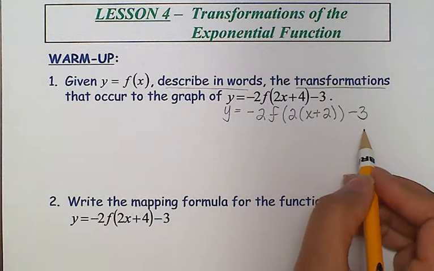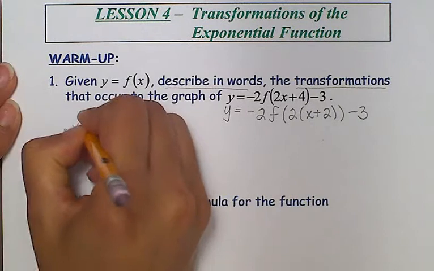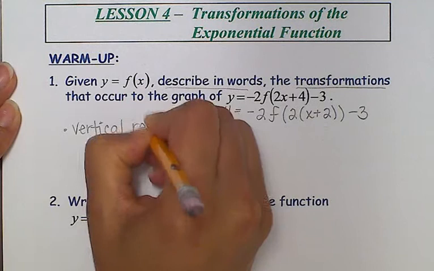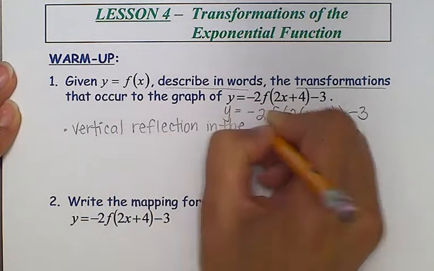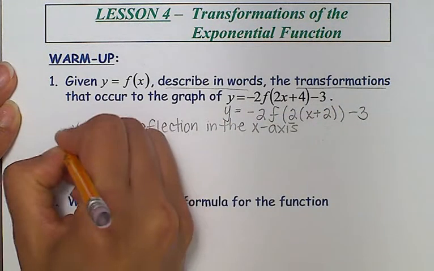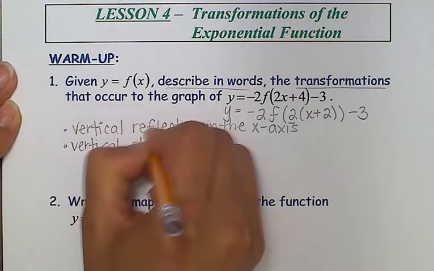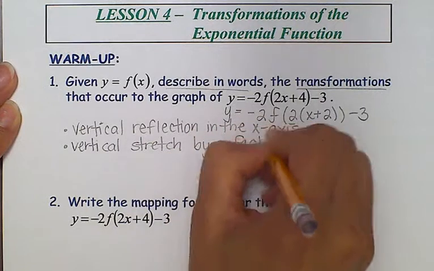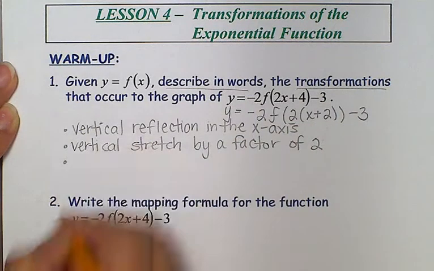So I'm going to write down those transformations. So vertical reflection in the x-axis, a vertical stretch by a factor of 2, a horizontal compression by a factor of 1/2,